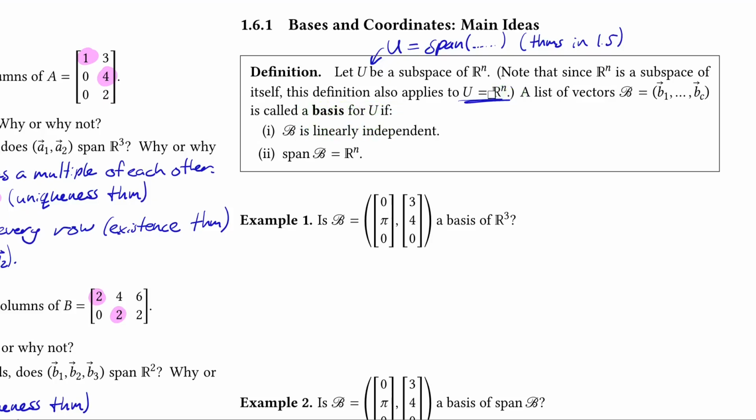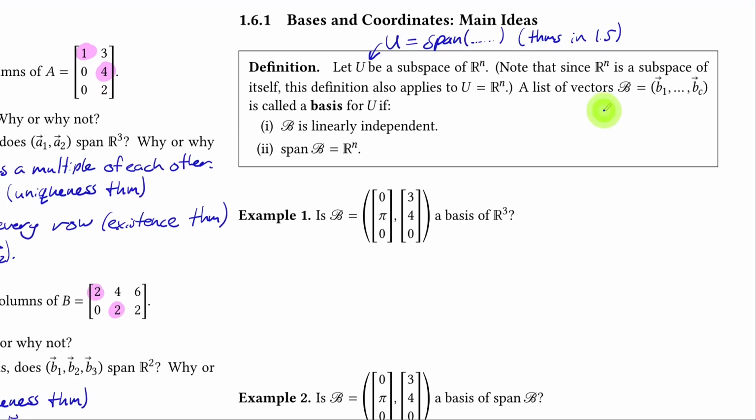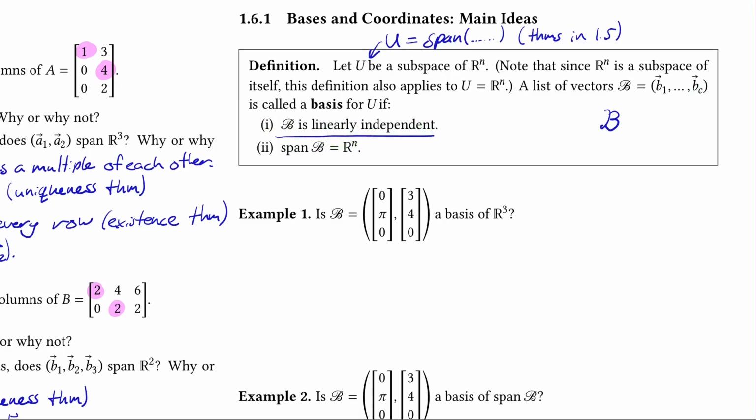So anyways, a basis for U is a list of vectors with this fancy script B. I don't know if you have fancy cursive writing. I kind of just write a capital B with a curly back like that. And that's B. So it's a list of vectors that is one, linearly independent, and two,